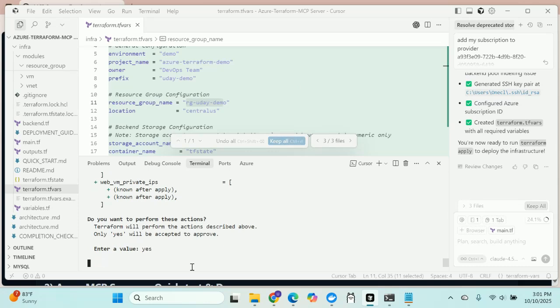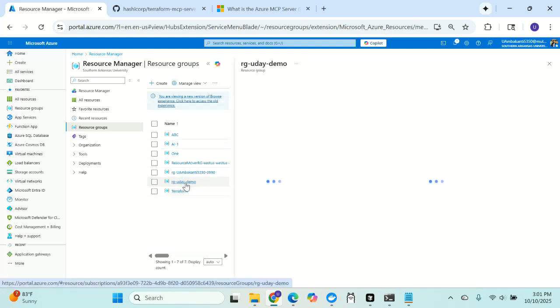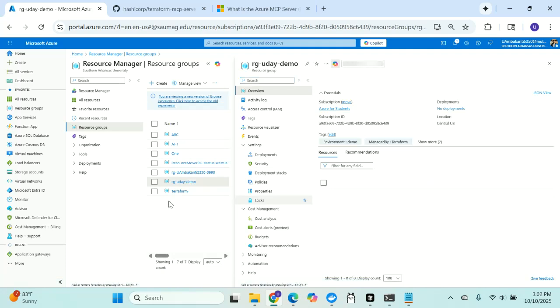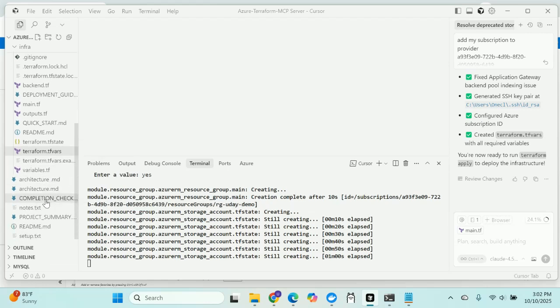It's asking for approval to create all these resources. Yeah, we can see Uday-realm interviews. It's going to take some time to create all the resources. Meanwhile, let's see